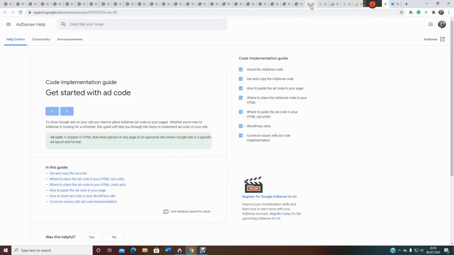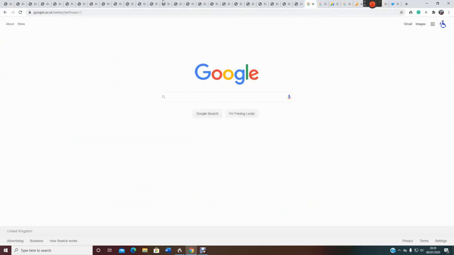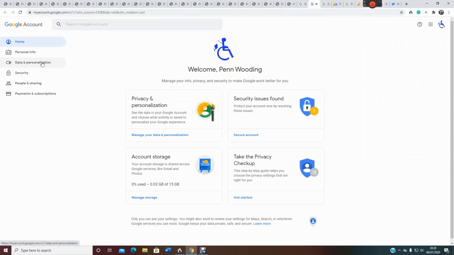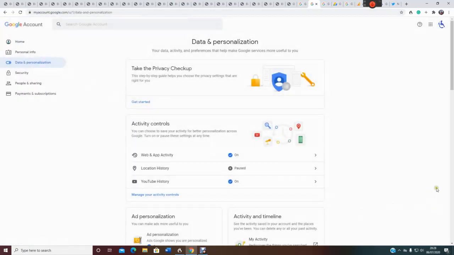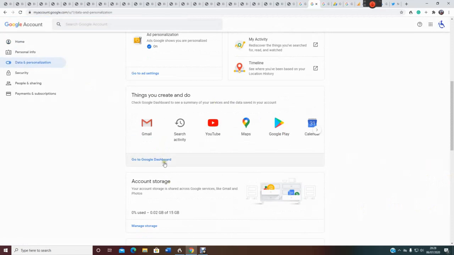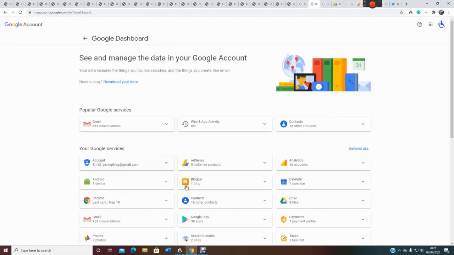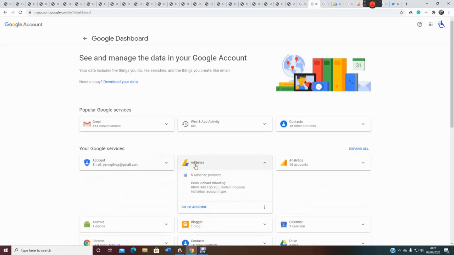Right, so it's disappeared on me again. I did this before. So what we'll do is we go into our Google account and we go to data personalization, and then we'll scroll down a bit until we find our dashboard, and then we'll go into AdSense like so, go to AdSense,